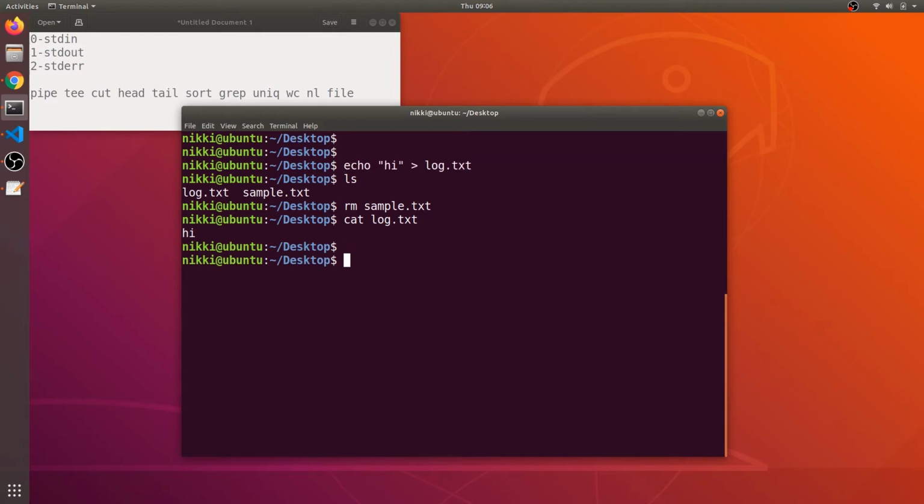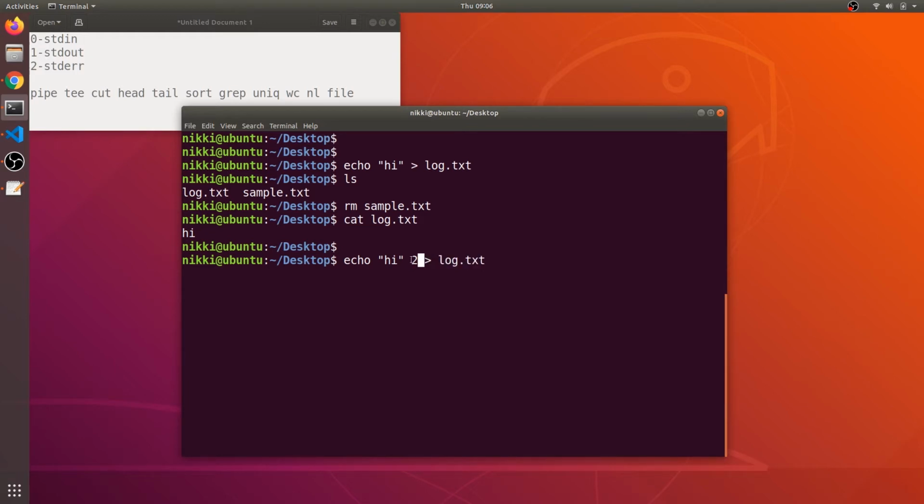Okay, that's fine. Now what I want to do is send the errors of this command into the log.txt file. What I can do is just put 2 before the greater than symbol. What this means is I am executing this command, and if there are any errors in executing this command, I want to send those errors into the log.txt file.